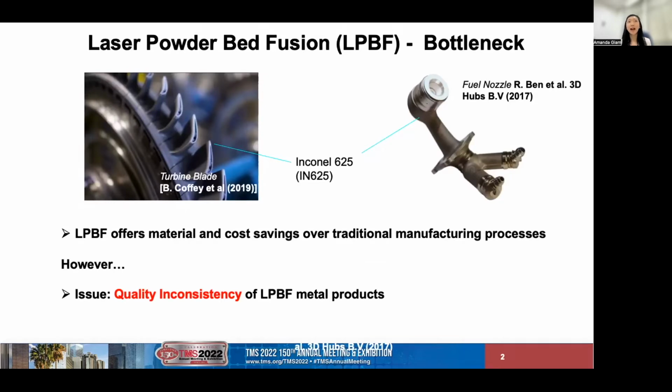In my work, we focus on the laser powder bed fusion process, which is a very popular process for manufacturing products with complex geometries such as turbine blades and fuel nozzles. This process offers significant advantages over traditional processes. However, a major bottleneck in this process is the quality inconsistency of the produced metal products, and as such, the